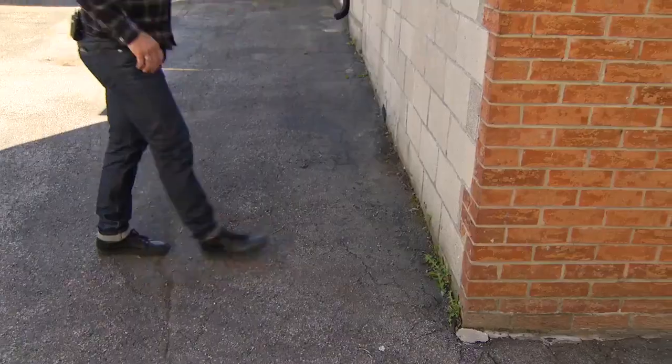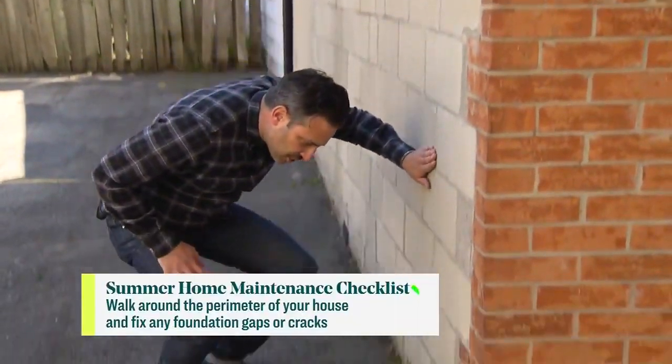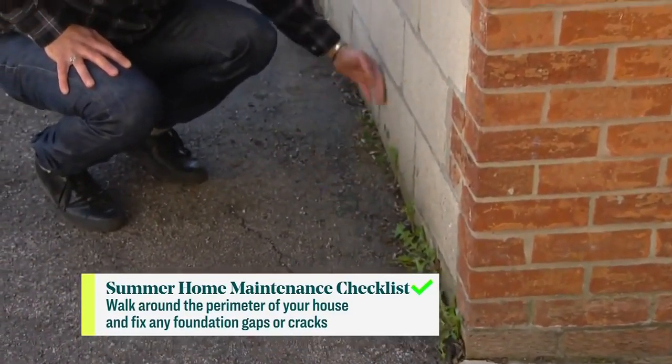Wet weather can pose huge problems. So how do we combat that? As a homeowner, water is by far the most destructive thing, I would say, next to fire. Water will literally get in everywhere. So what I like to do is, we're done on the top, we're walking on the ground level now. I like to walk around the perimeter of my house just to get a sense of where the earth or the